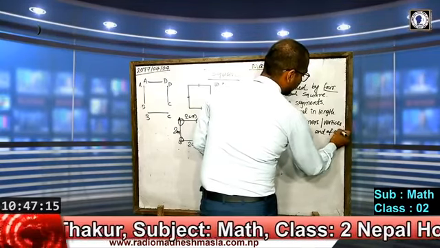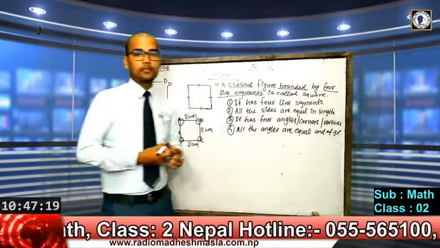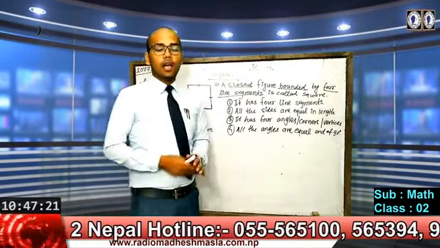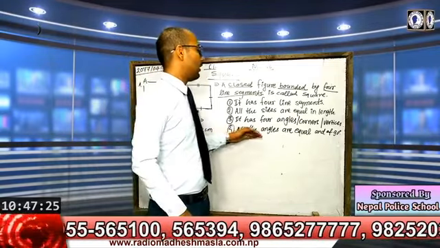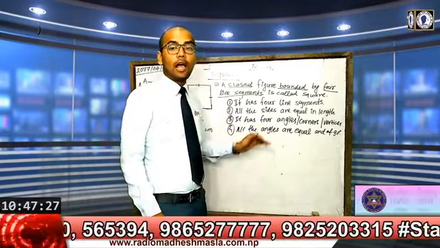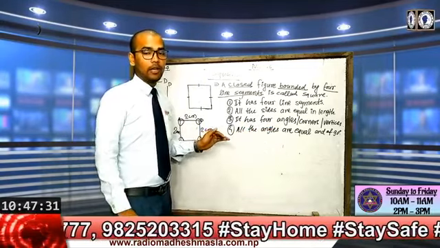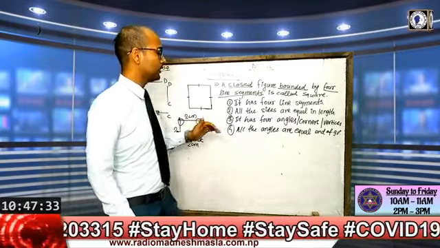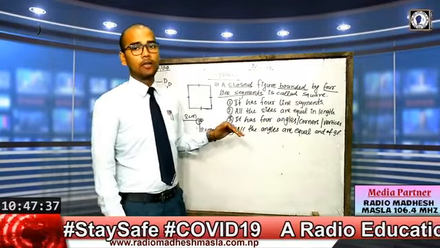Yes, 90 degree. Students, be careful here, as we learned these things in rectangle also. In rectangle, all the angles are equal and their measurement is also 90 degree. In the same way, in a square also, all the angles are equal and the measure of each of them